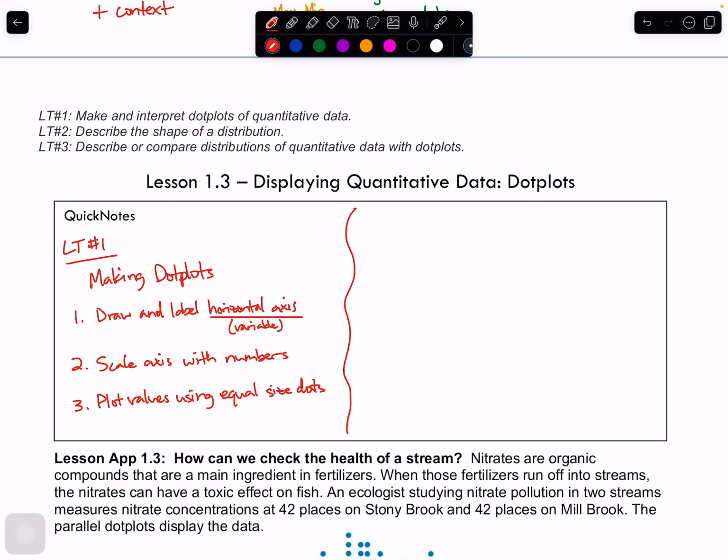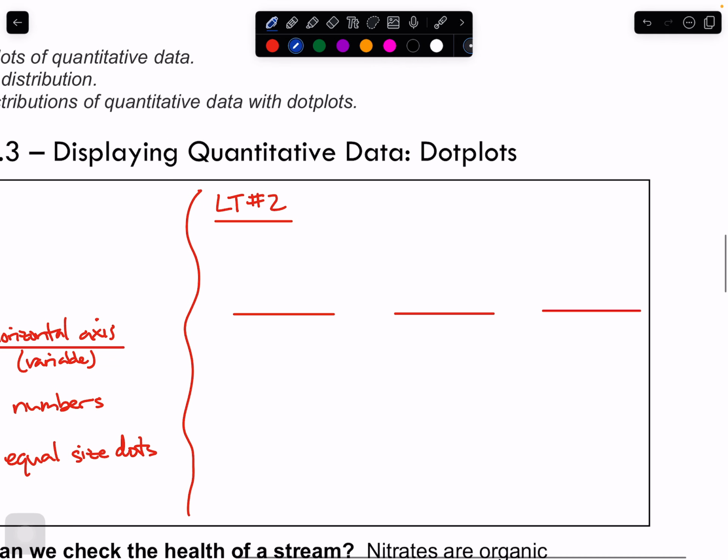Then next, we have our different shapes. So what are the different shapes of our distribution? Well, for now, we have 3 of them. So I'm going to draw 3 different example graphs here. And you don't have to be perfect with these, just get the idea when you're sketching them. So when it comes to the shape,